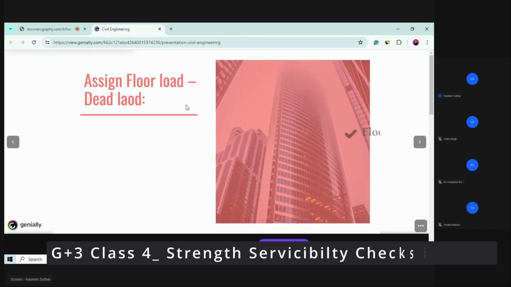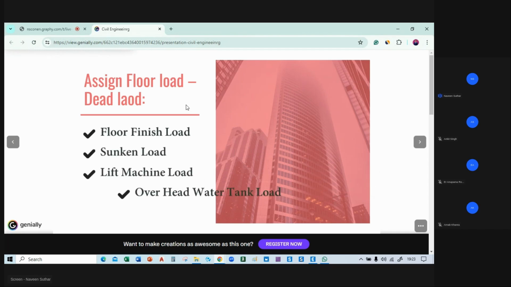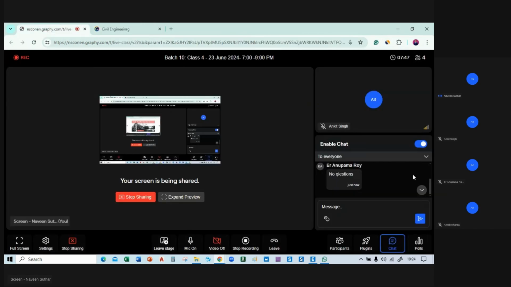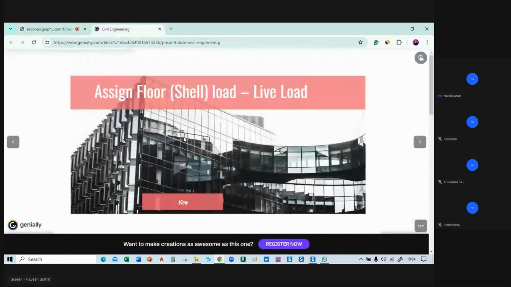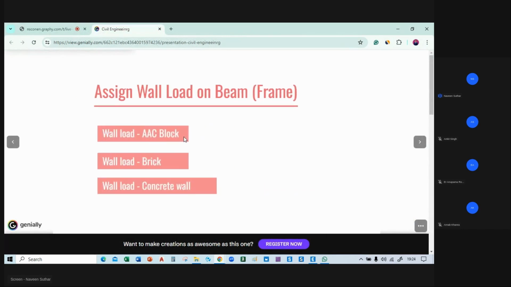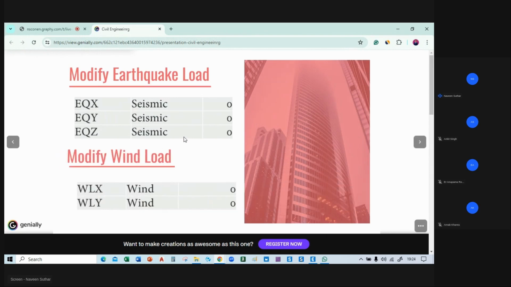We assign the floor dead load for the floor finish, sunken, lift machine load, and overhead water tank load. So we have assigned the live load also. Okay, we have assigned the load on beams, that is wall load, the brick load. We have assigned earthquake load also, static earthquake. We have assigned wind load also,